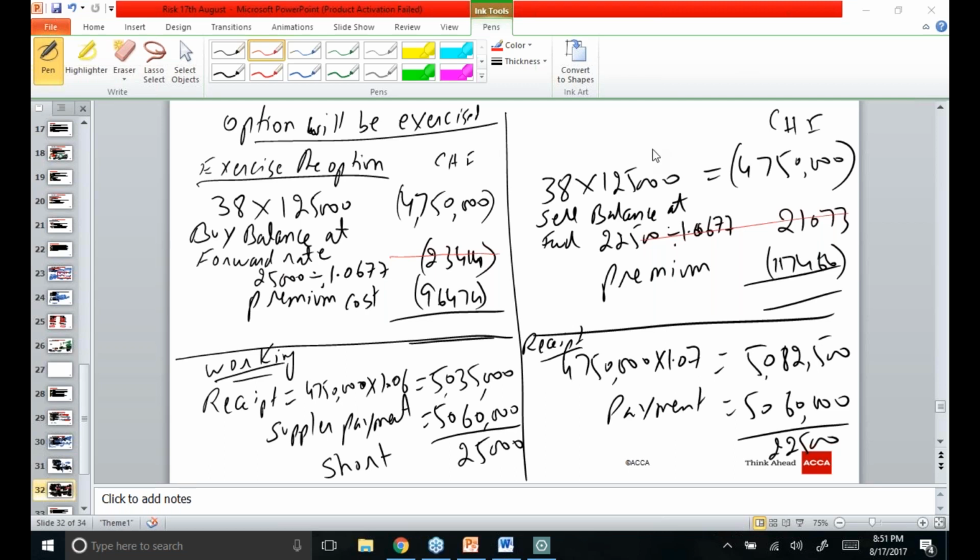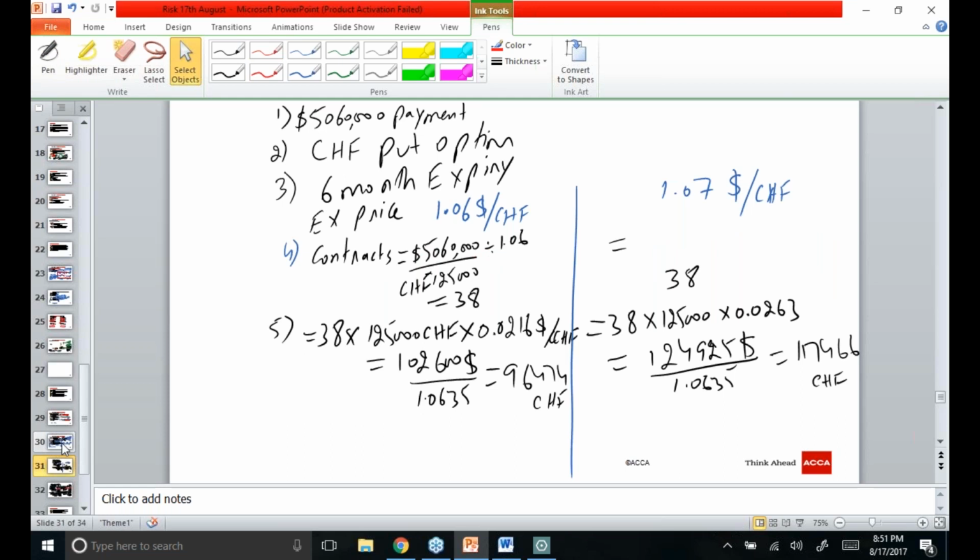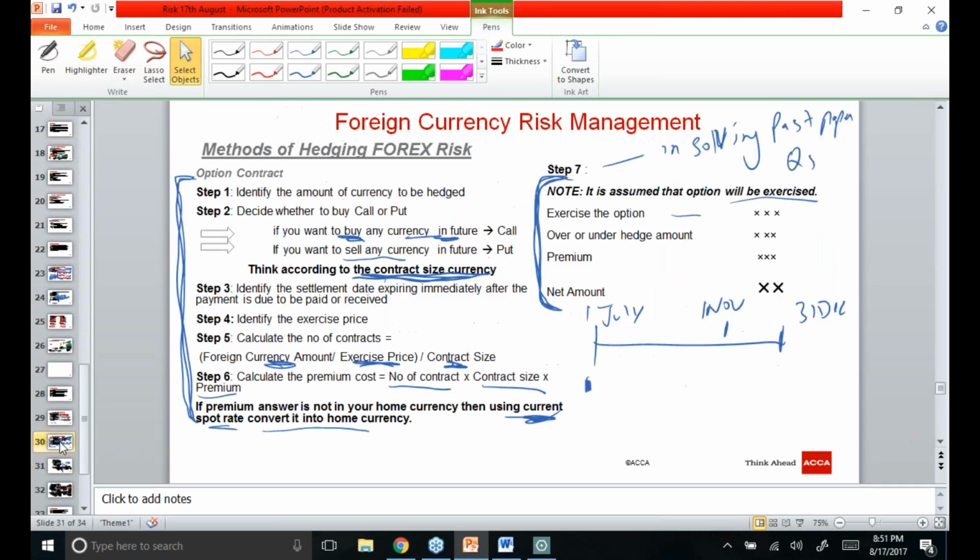Okay, let's suppose we have a question in the exam about the over the counter option. Remember, we have discussed all the 7 steps of the exchange traded option. What if there is a question in the exam about the over the counter option? In that case,